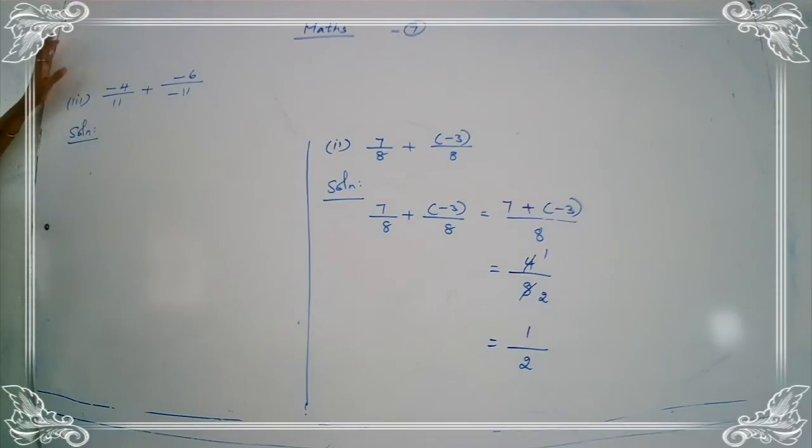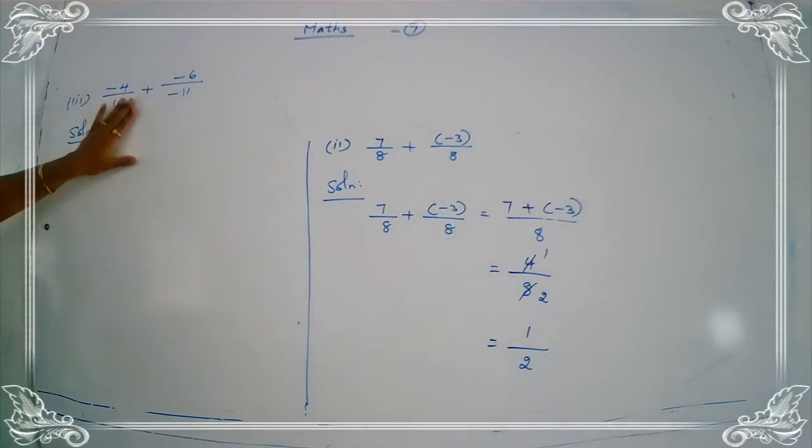Okay, standard form means the rational number is expressed in its lowest terms. Lowest term means numerator and denominator have no common factors. And second one is the denominator of the rational number is expressed as a positive integer. Okay, children, this is the standard form of rational number. So first of all you check this is standard form of rational numbers or not.